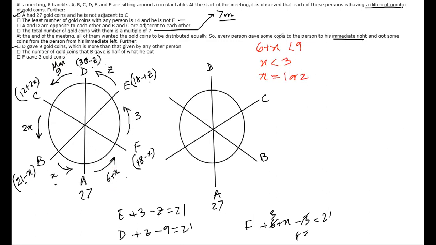So if I use that logic and try to figure it out, let's put X as 1. X as 1 means C is how much? 14. C gave away 2. B has come to 20. B gave away 1. A gave 7. F is 17. Z I don't know. So what will be Z? I don't know. There's nothing to solve, right? The value of Z will not come out. I have got till here.